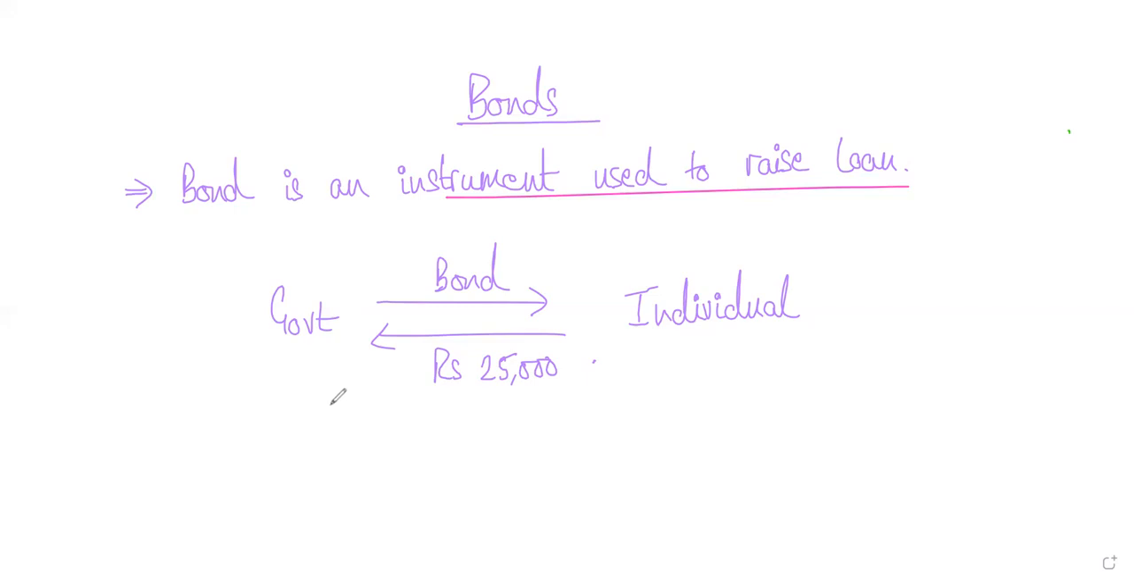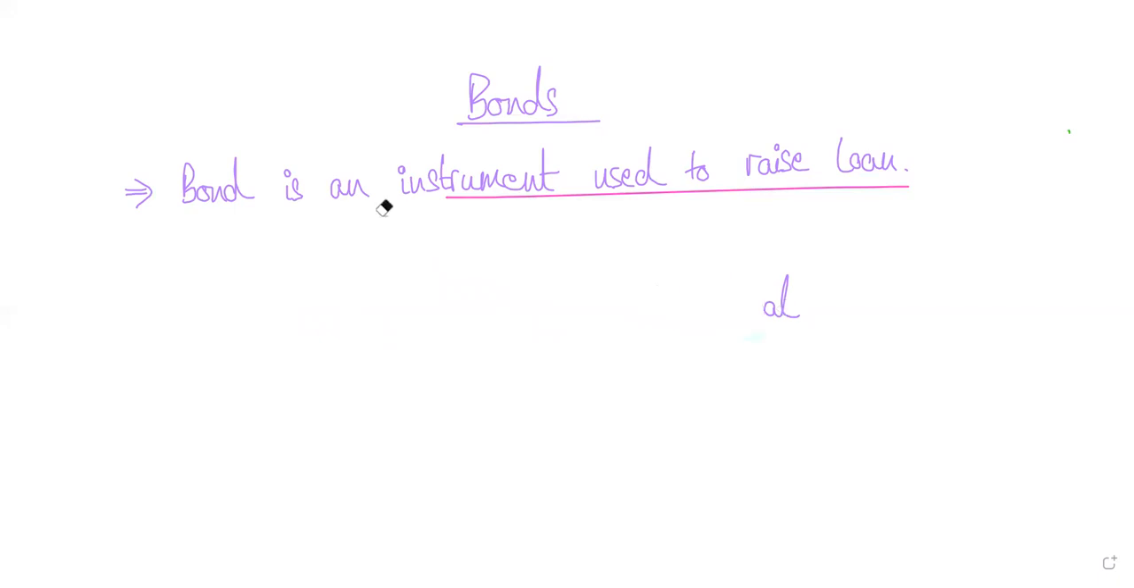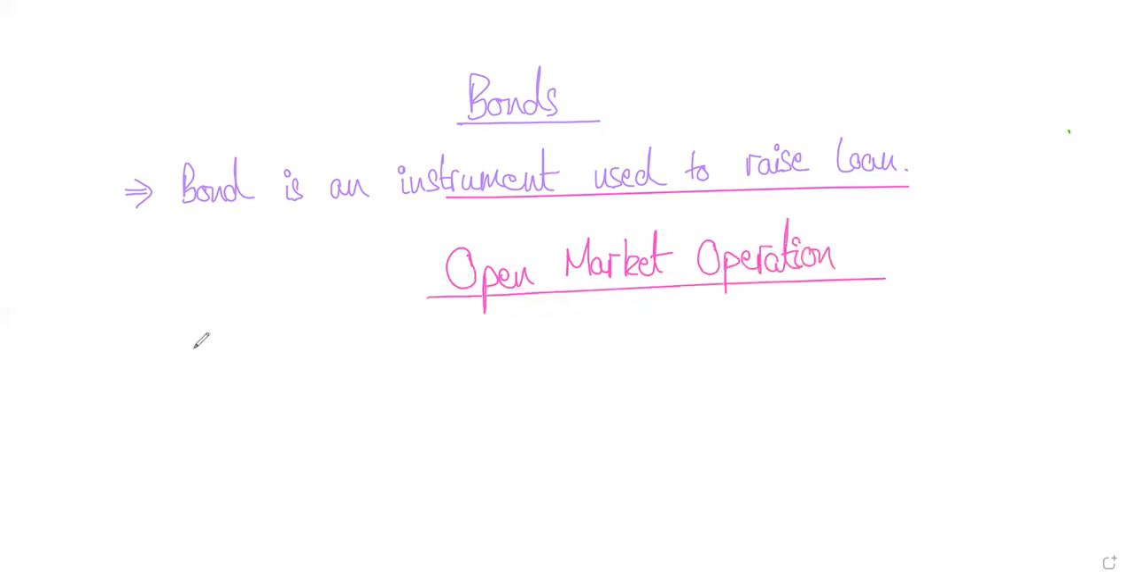Now, students, listen to me. When bonds are issued, what happens in the market? This is known as open market operations. Now, listen very carefully. Open market operation is basically a process. Let me write down the definition for you first and then move forward. Open market operations is the process